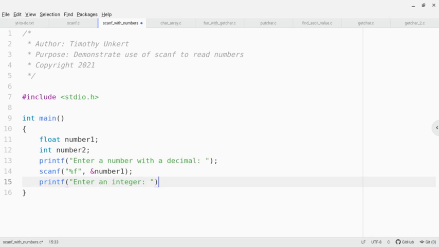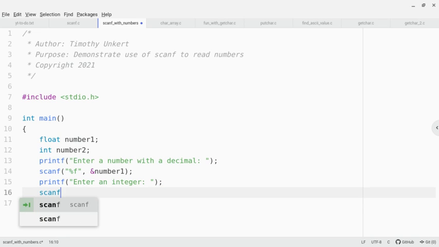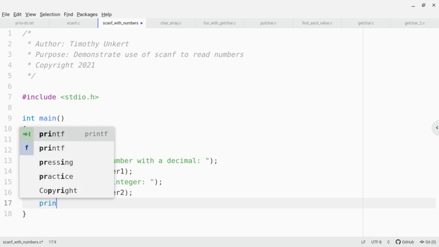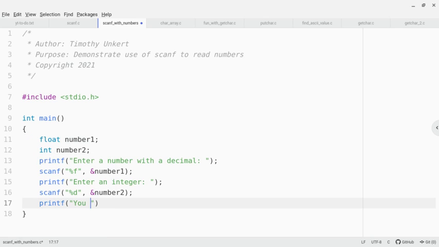and put a semicolon there, and then we'll scanf, and we'll use %d because we're using an integer. Again, we have to put this symbol there, and then the variable number2, and then I'm going to printf. You entered, and then %, and let's put it to 2 decimal places, so %.2f, and put a period, and then \n, and then let's do number1,